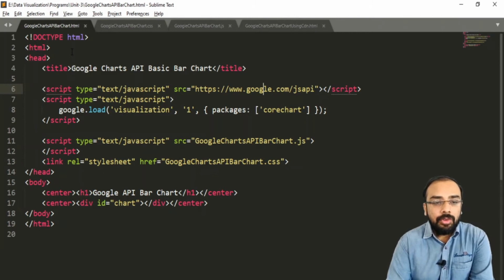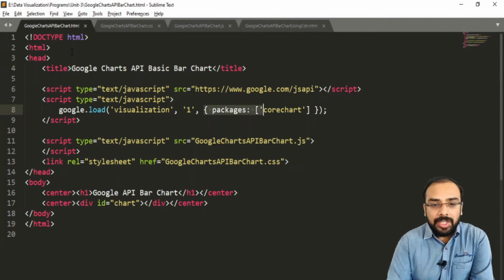Now what we want to do is load particular charts. In particular, we want to load a bar chart. For that again we have taken a script tag, and we have specified the type as text/javascript, and we need to load the bar chart from Google. So for that we have written here google.load visualization 1, and we have to specify the package.